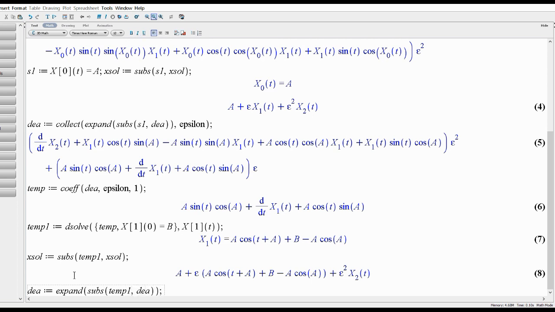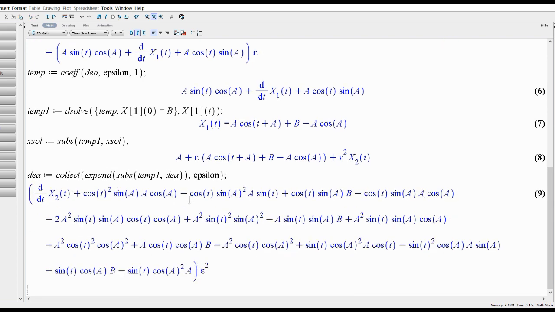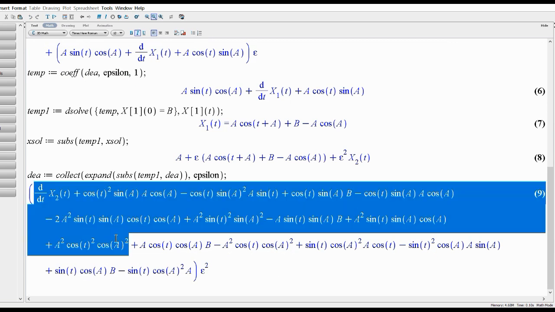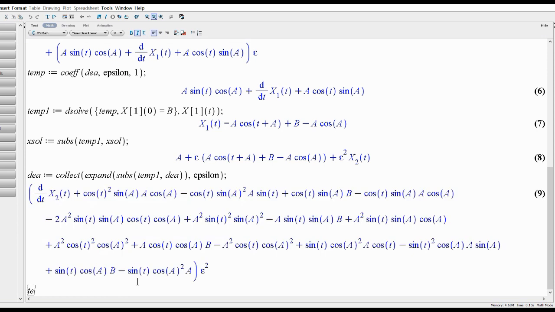I should collect in epsilon, and you see order 1 terms are gone, order epsilon terms are gone, and now I have order epsilon square only. So then I say temp is equal to the coefficient in dEA of epsilon to the power 2,